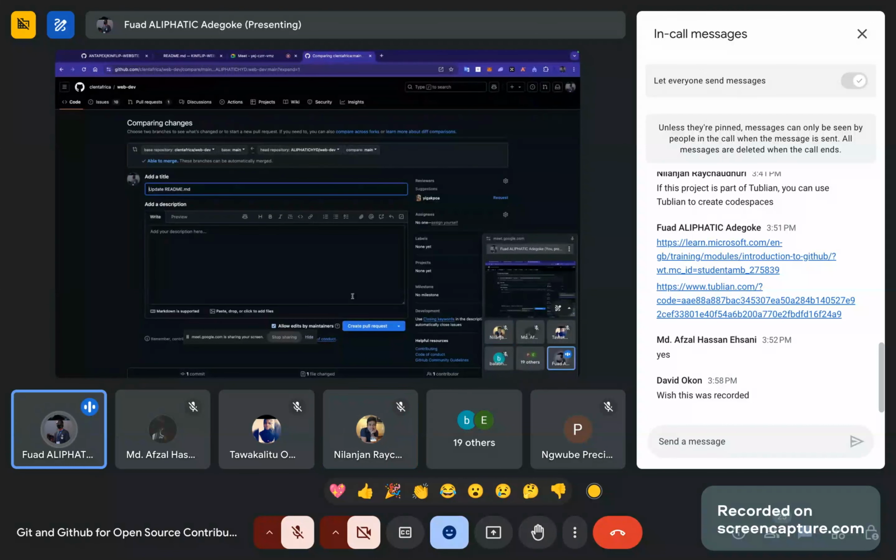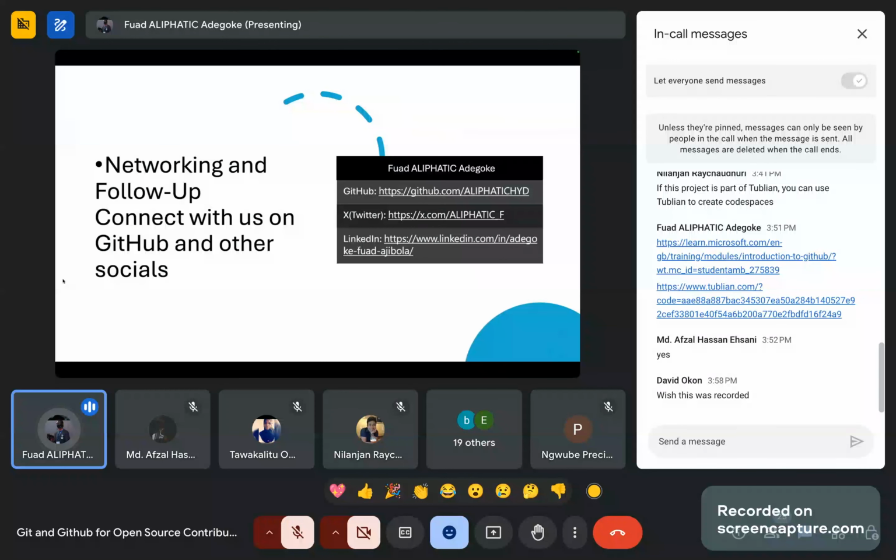Okay, all right then. I just didn't want to create a pull request because I just made a small change, but I wanted to use this to explain. So that's how you create a pull request for a project that you forked from. Basically this is how you do it for any open source project you are trying to contribute to. So you can connect with